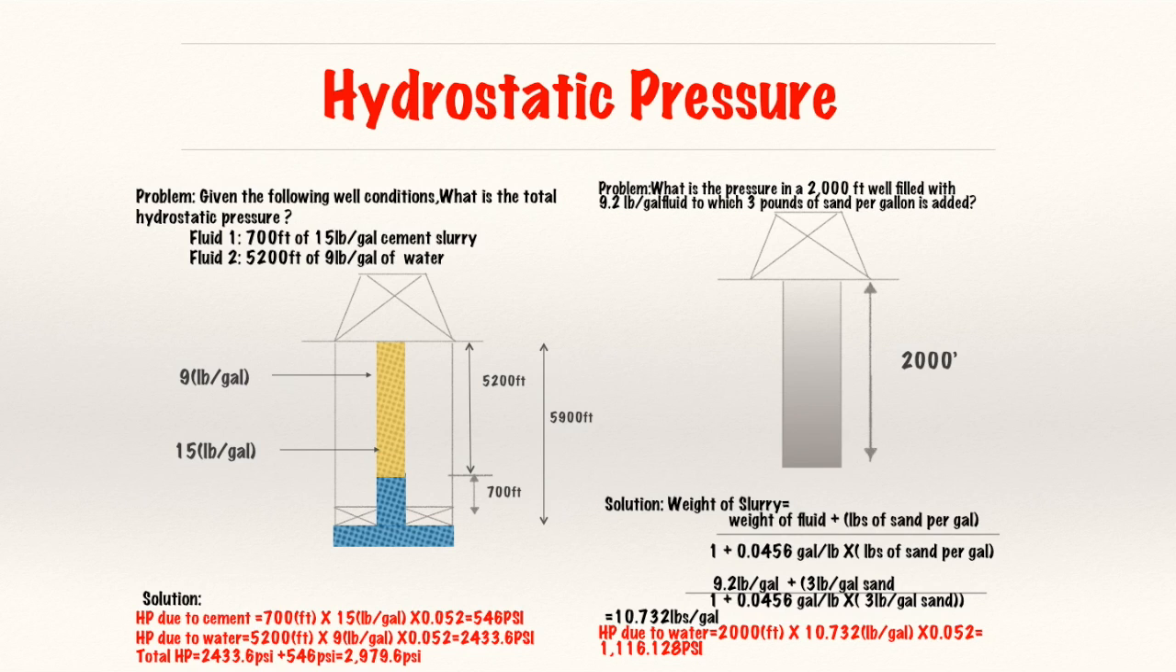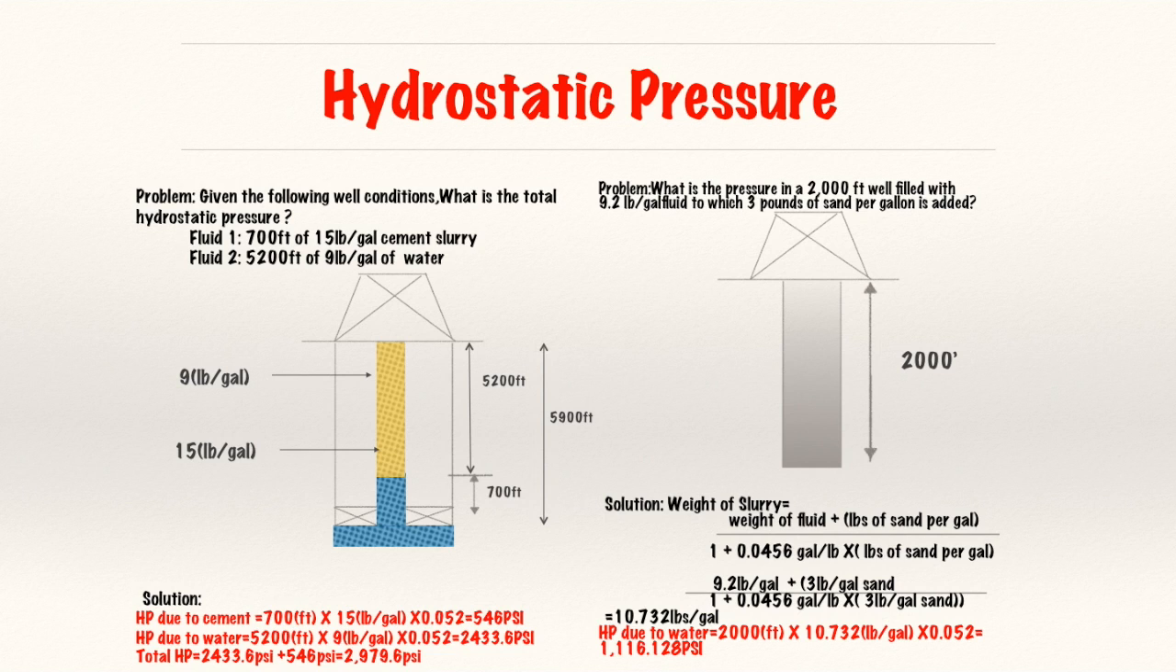What is the pressure in a 2,000 feet well filled with 9.2 pound per gallon water or fluid to which 3 pounds of sand per gallon is added? So in order to get my solution, I have to use the weight of slurry. I have to find the weight of my slurry first. And the weight of my slurry can be obtained using this simple equation. Weight of fluid plus pounds of sand per gallon, over 1 plus 0.0456 gallon per pound times the pounds of sand per gallon. So I know the weight of my fluid is 9.2. I add that to my 3 pounds per gallon of sand. I divide that by 1.0456 gallon per pound times 3 pounds per gallon. I end up with a fluid weight of